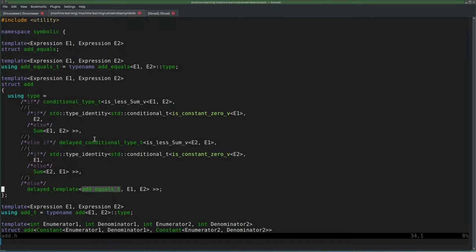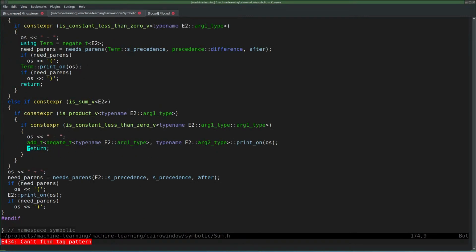Which happens if they are not less in either way, which means that it's the exact same symbol. For example, symbol 0 and symbol 0. And then add equals t is defined as